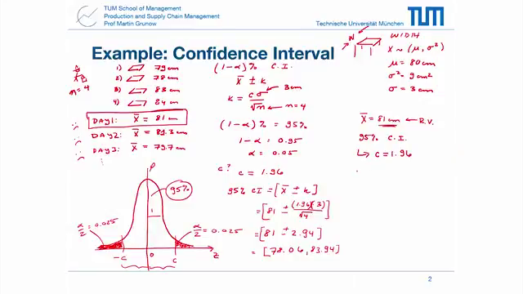We can then construct a 95% confidence interval equal to 78.06 and 83.94, and this means we are 95% confident that our true mean, our population mean,